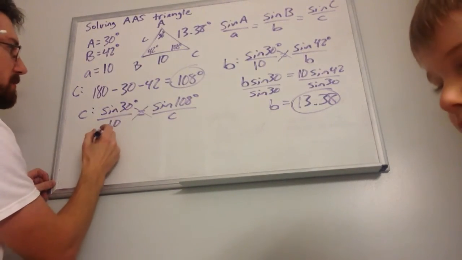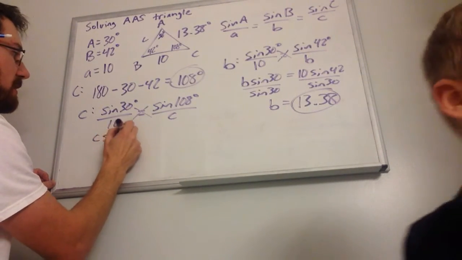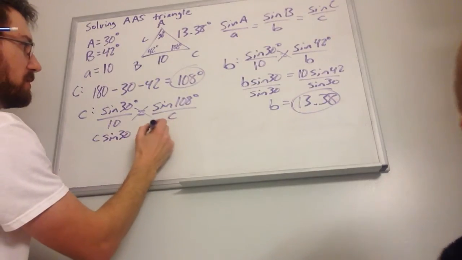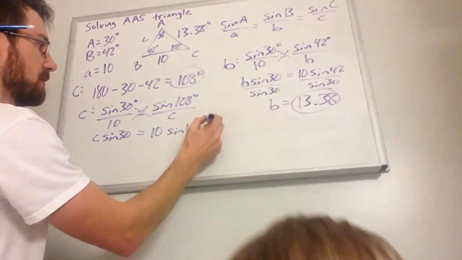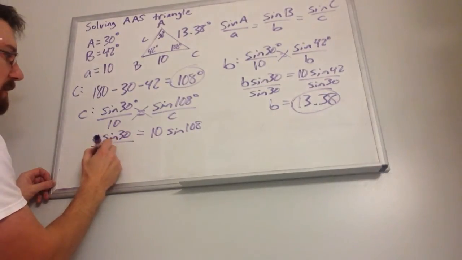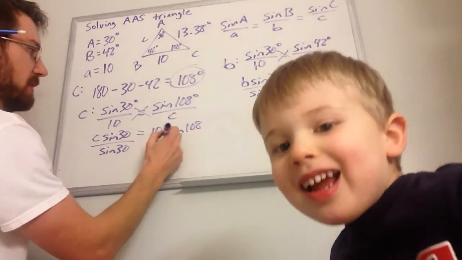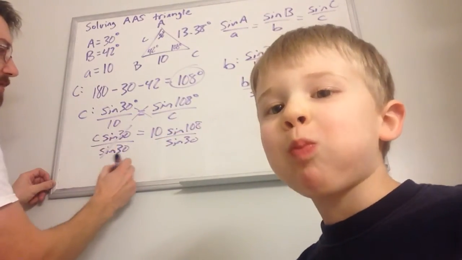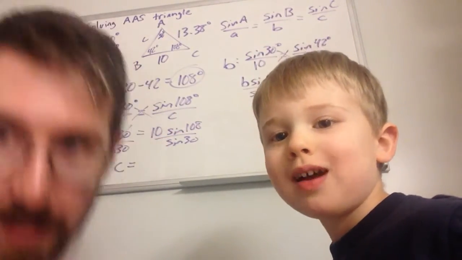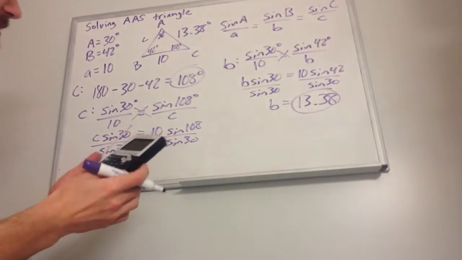Now when I cross multiply, I get C times the sine of 30 is equal to 10 times the sine of 108. Then I can divide both sides by sine of 30 and get that to cancel out. And so C is going to be